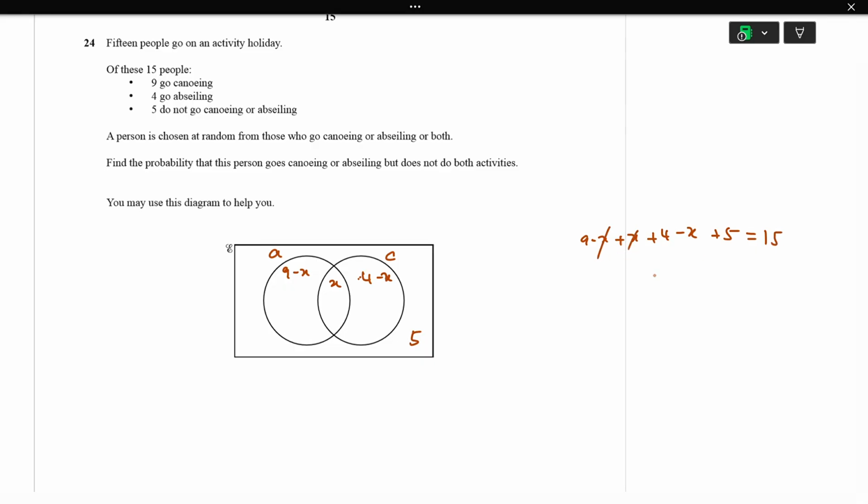X got cancelled. 13 minus x plus 5 equals 15. So here minus x plus 18 equals 15. So minus x equals minus 3, x equals 3. So the middle is 3. So here 9 minus 3 is,